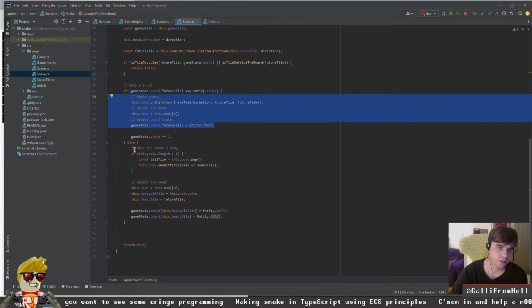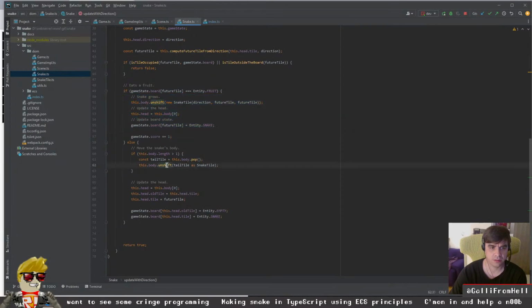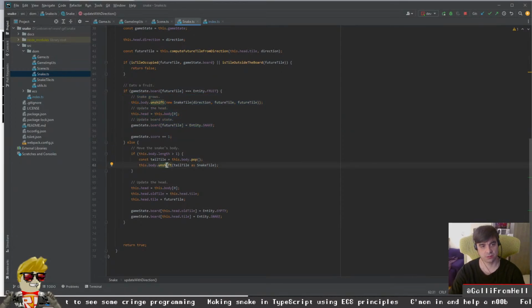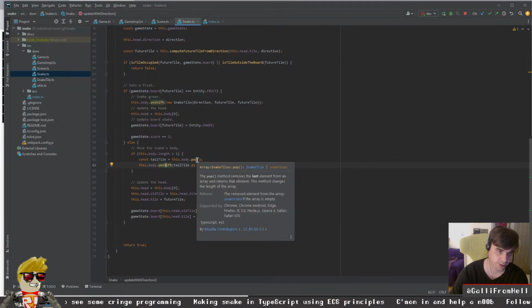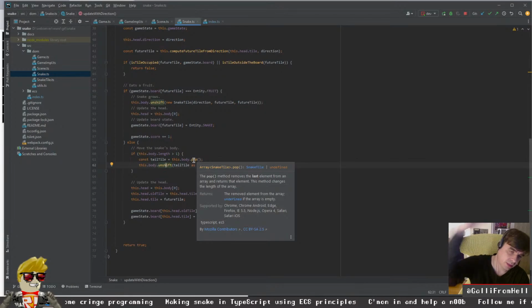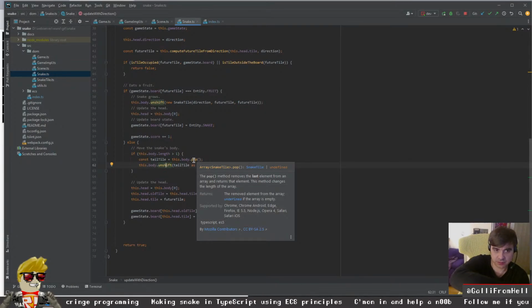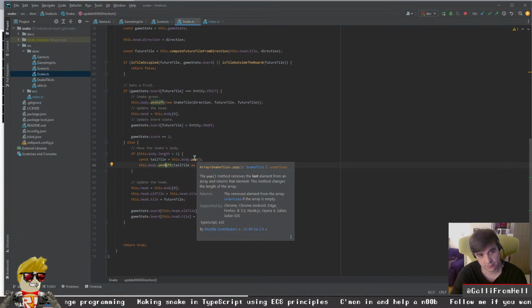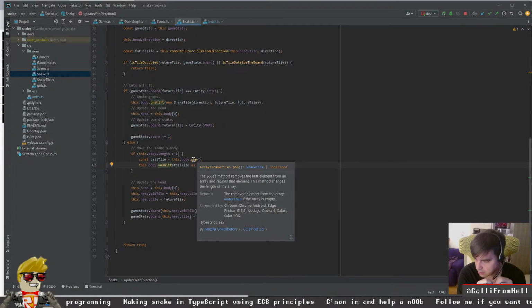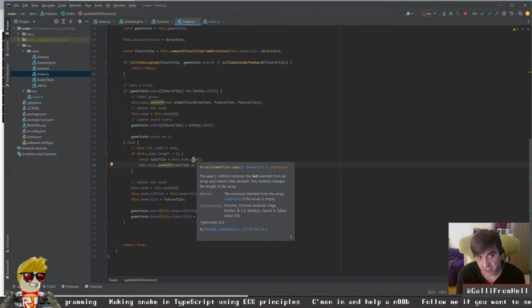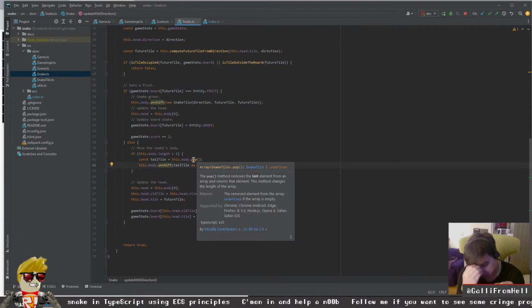And when you move the snake's body, we unshift, we pop. So first of all, we remove the last element and put it in front instead of the fruit. This is the basic logic for a snake game. You take the last element, you pop it, you remove it, and you put it in front. You always recycle. So basically,